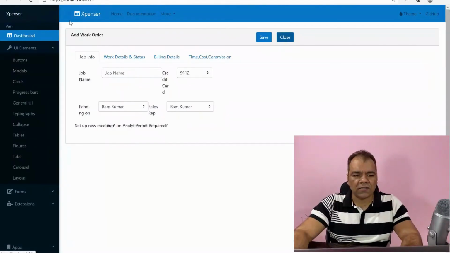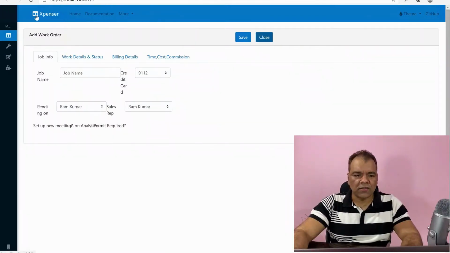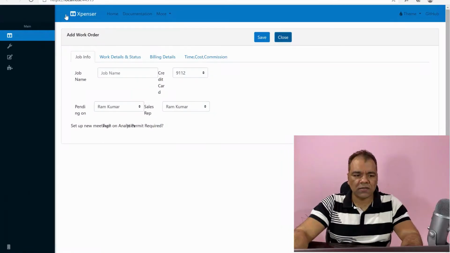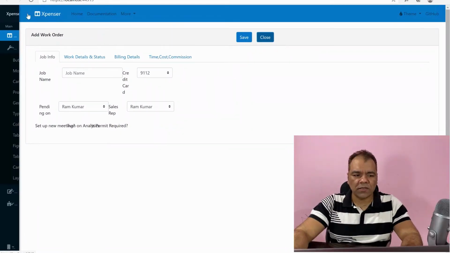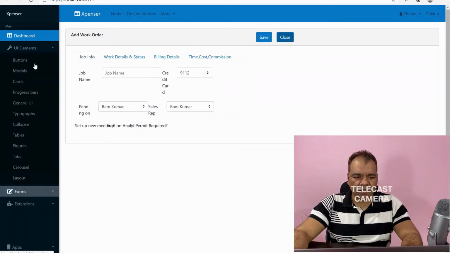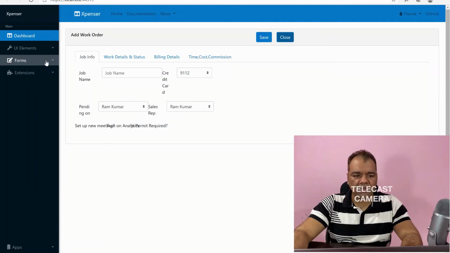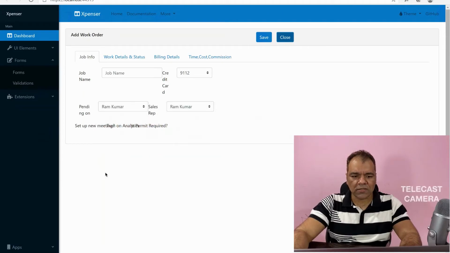You can see this is exactly the same as our Blazorise application. It is using the Blazorise library, and all the menu items are from Blazorise. So we'll be changing this. For changing this, what we'll do is